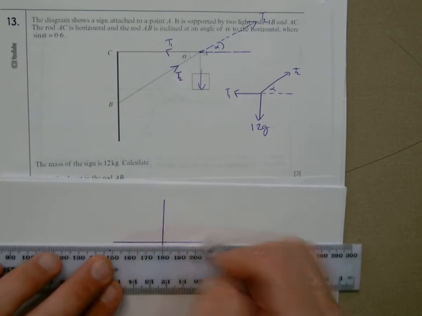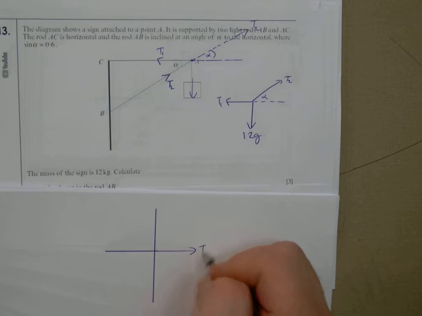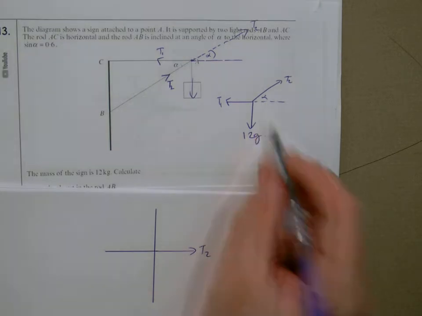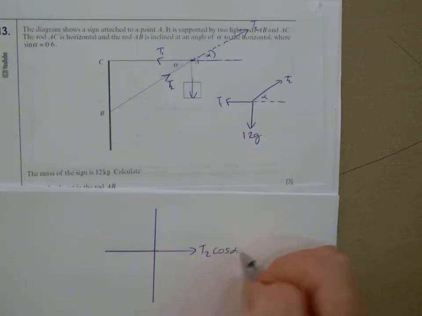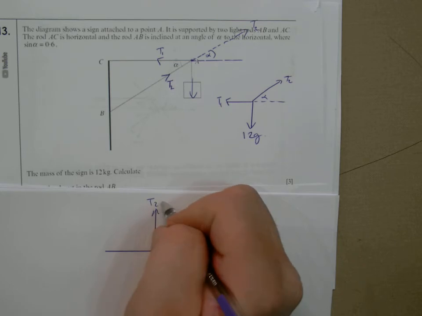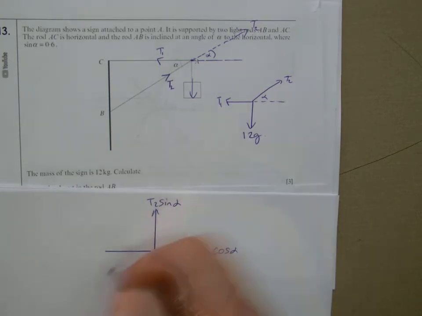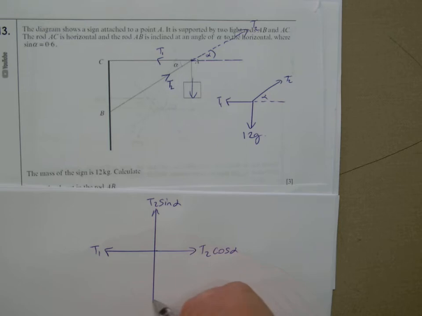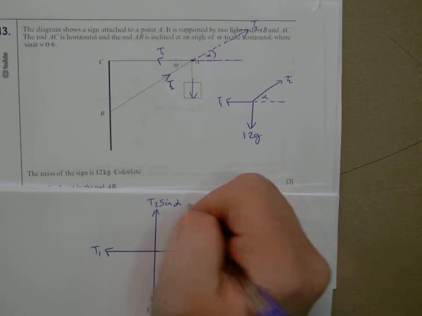So quite simply, I've got my T2 there, and because of this angle alpha, it will be T2 cos alpha this way, T2 sine alpha this way. I've got T1 going that way, and I've got the 12g going this way. Okay, and of course we know it's in equilibrium. The other thing we know as well is that